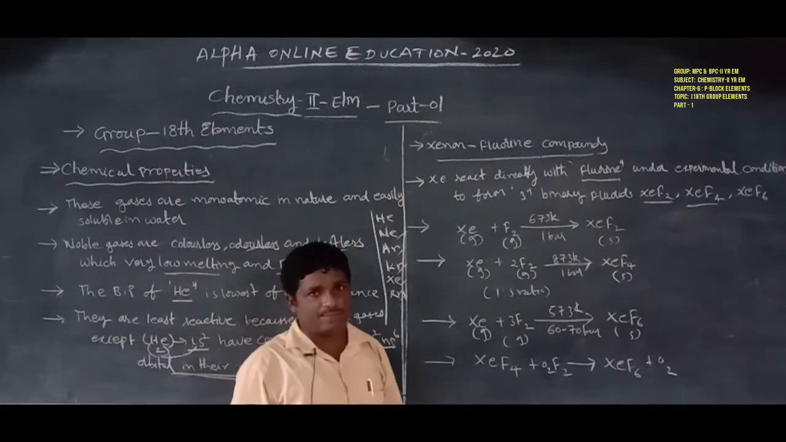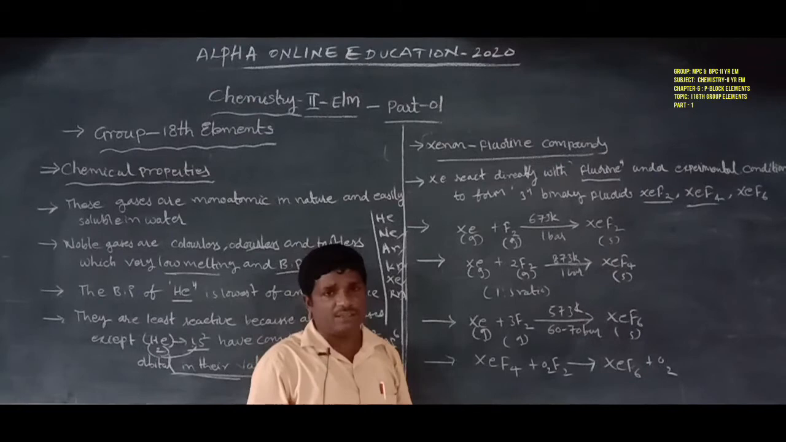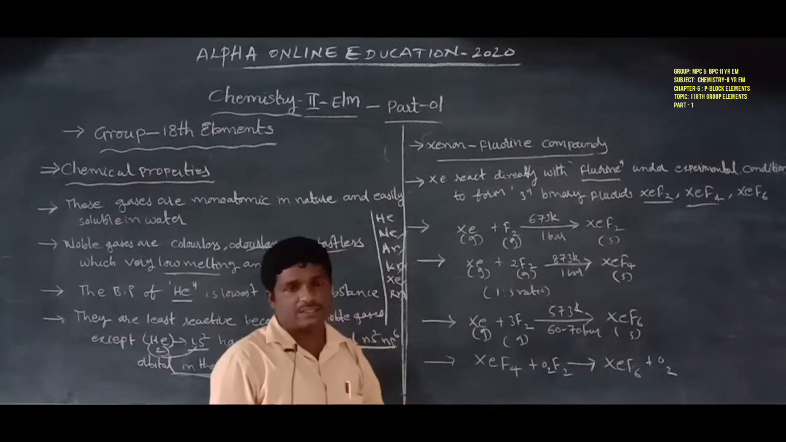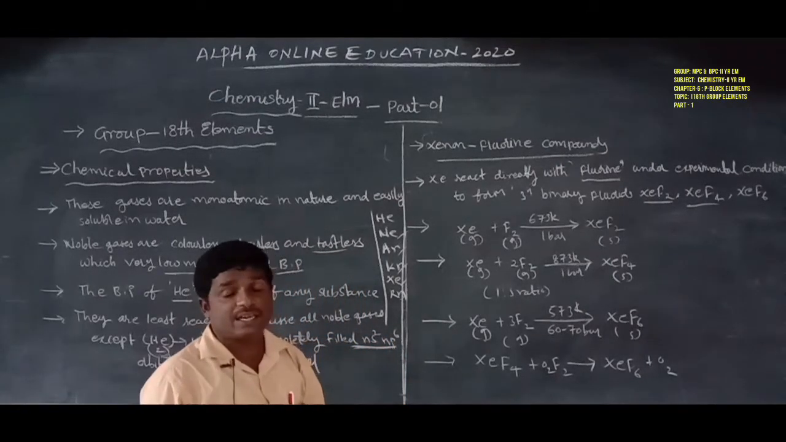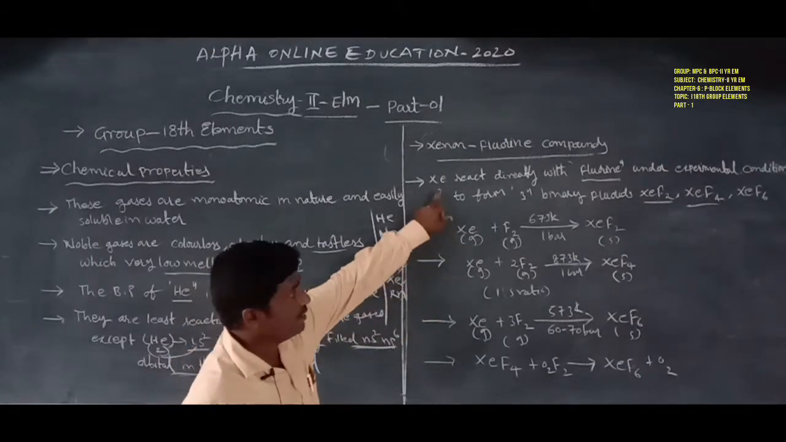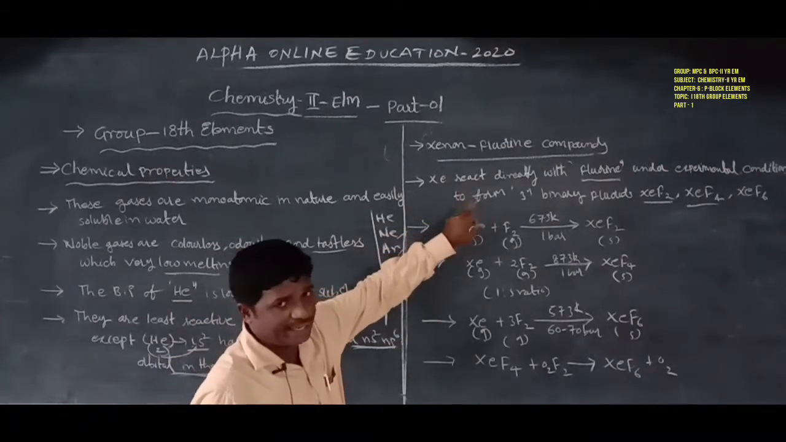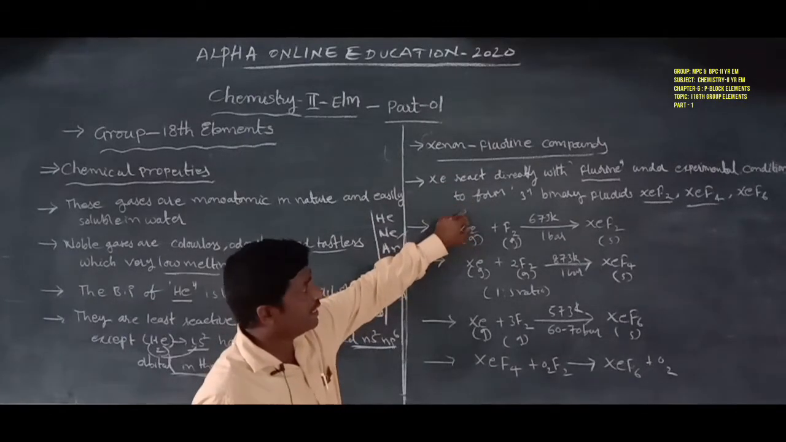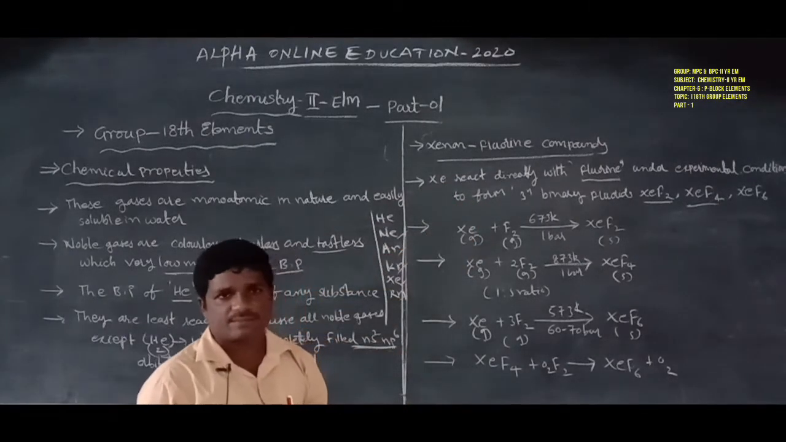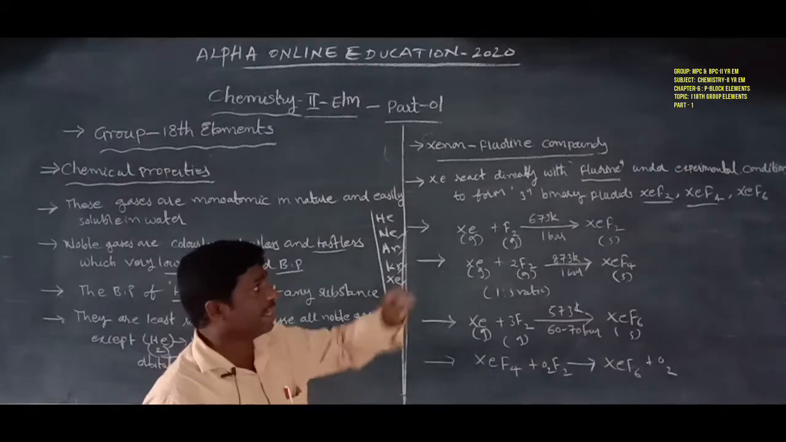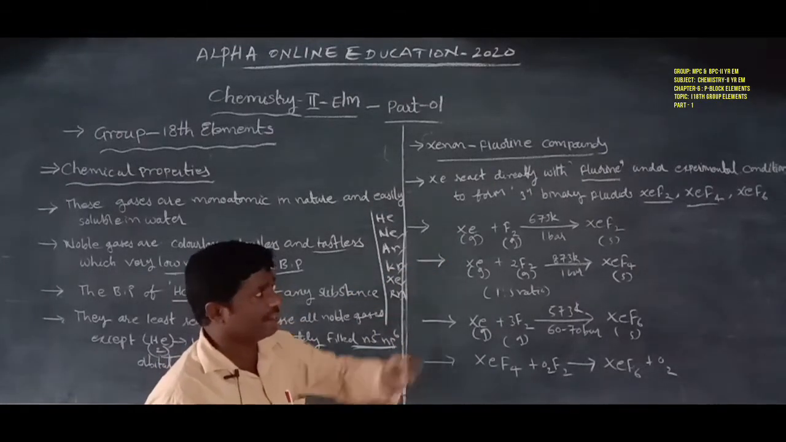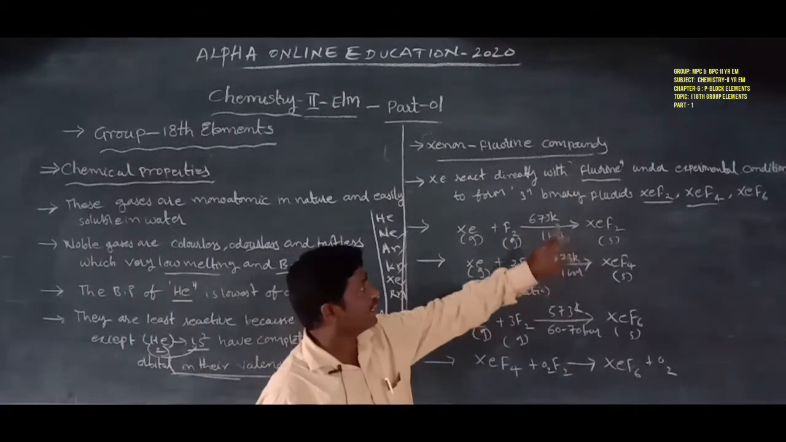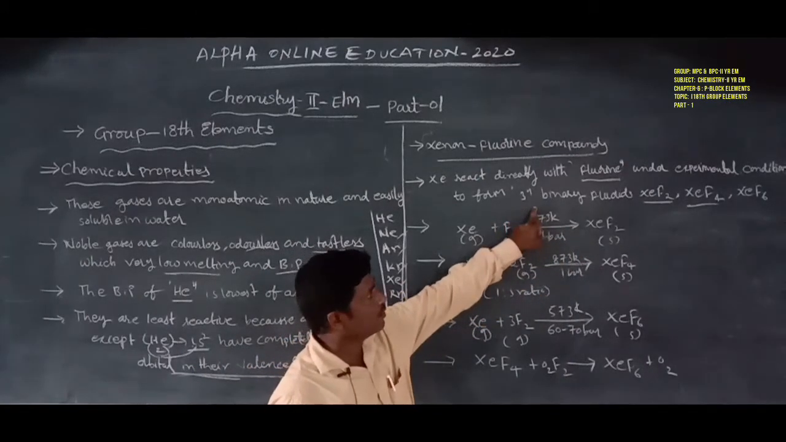Xenon fluorine compounds. Xenon reacts with fluorine to form xenon compounds. That is the preparation of the xenon fluoride compounds, the first one. Xenon reacts, or is treated directly, with fluorine under experimental conditions to form 3